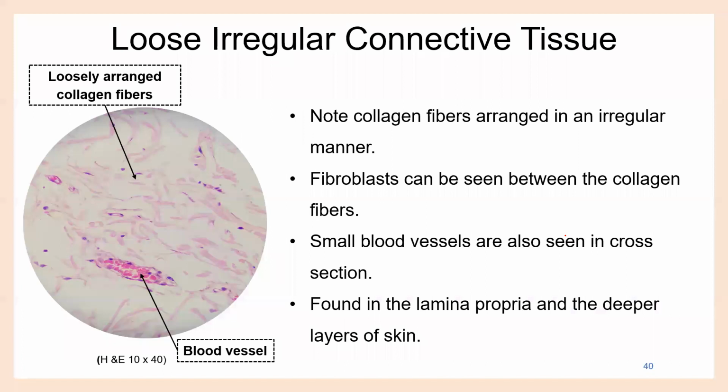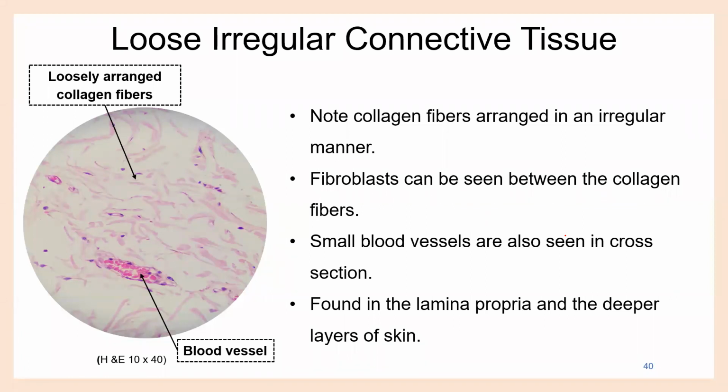Right, so this is loose irregular connective tissue. Collagen fibers are arranged in irregular manner, right? So you can see scattered fibroblasts between the collagen fibers, small blood vessels, cross sections, and this kind of thing is actually found in the lamina propria and in the deeper layers of the skin. So you saw the lamina propria in the small intestine and all the gut areas, and also just beneath any epithelium in organs, you get this loosely arranged